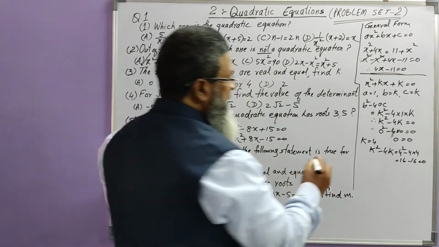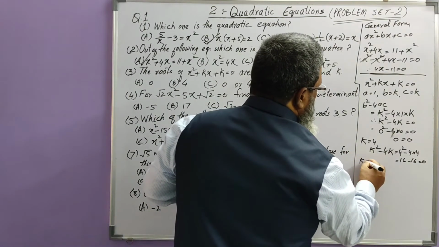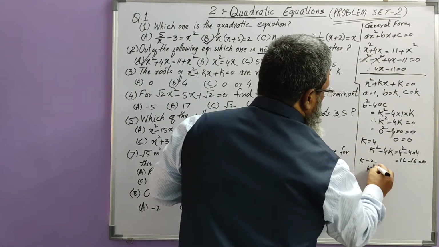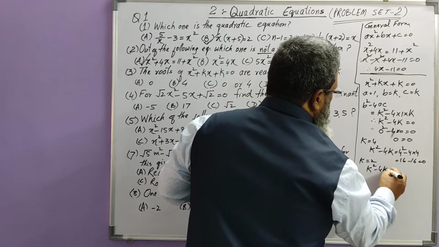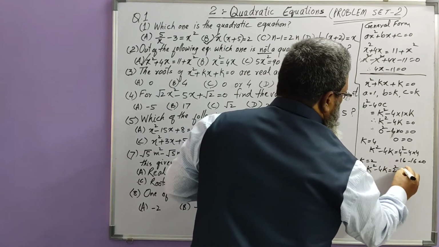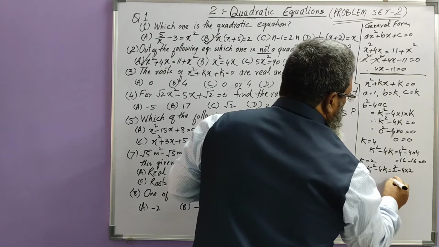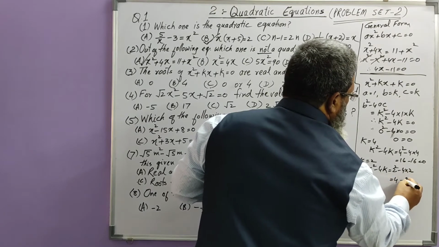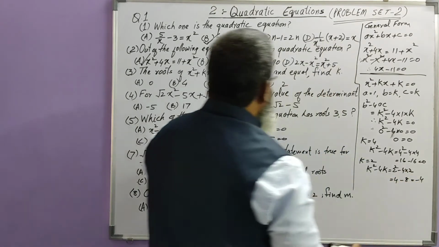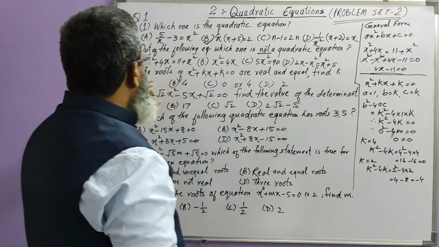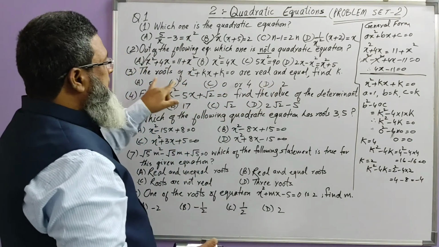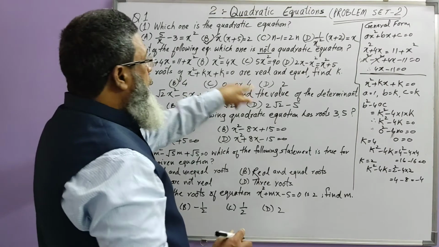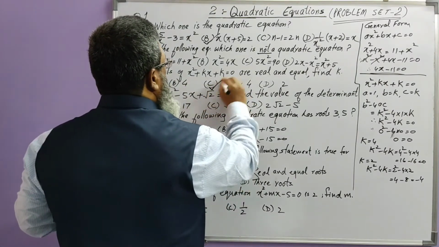What about 2? If you take k is equal to 2, so k square minus 4k is equal to 2 square minus 4 into 2. You will get 2 square is 4 minus 8 is equal to minus 4. So this will not be the answer. Here 0 is the answer, 4, but separately here it is given 0 or 4. So this is the correct answer.